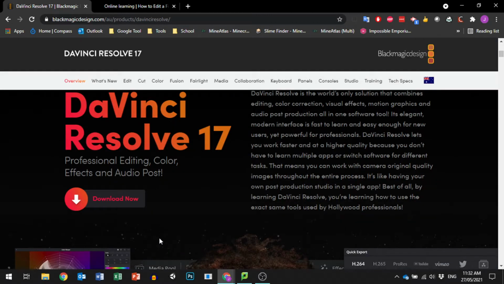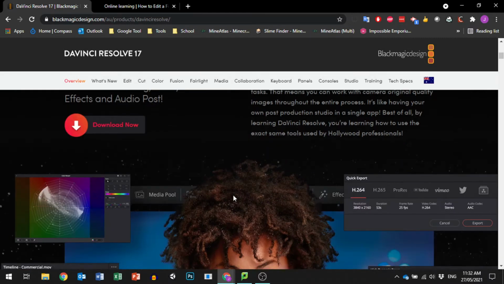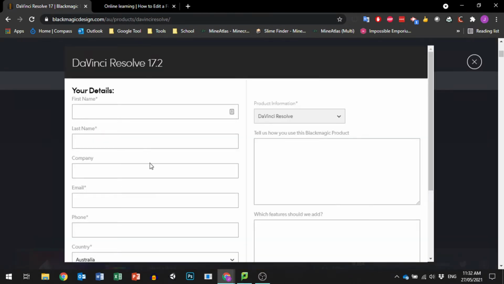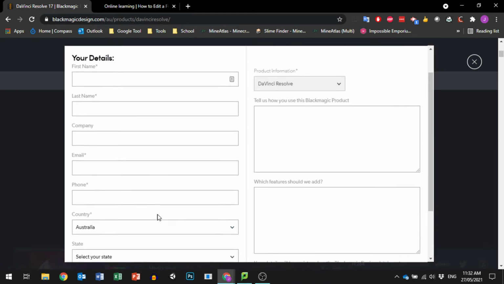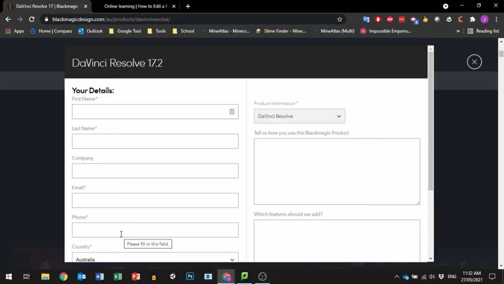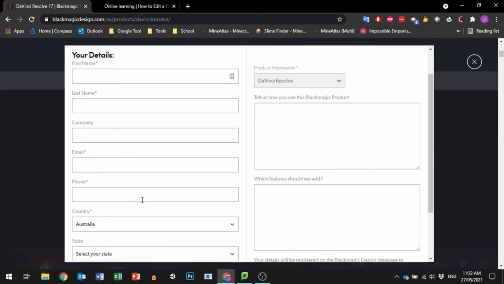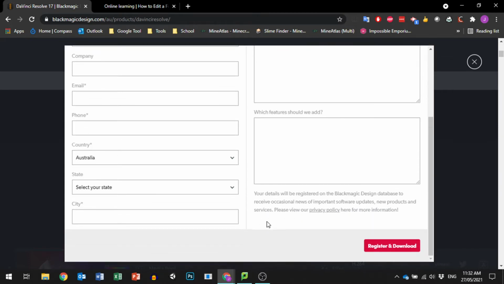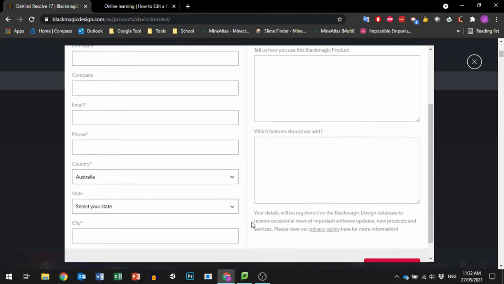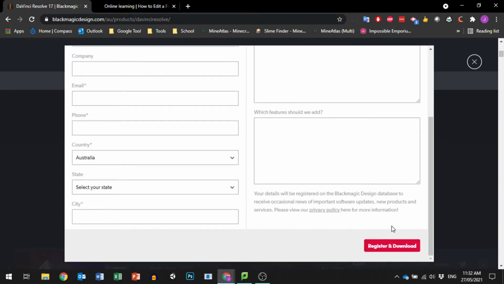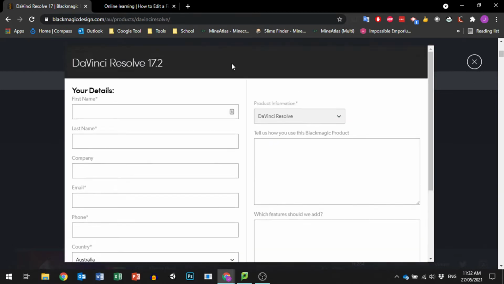So, going for the Windows version, you will be asked to put in your details. Hopefully this will pop up in just a second. Oh yes, it has, great. You can put in your details, or you can just use your school email, or you can just put in any spurious details you like. Because, well, if you don't trust them having your information, don't give it to them. So, yeah, once all that's done, you can register and download, and you'll be able to then go to the download screen. So if I go